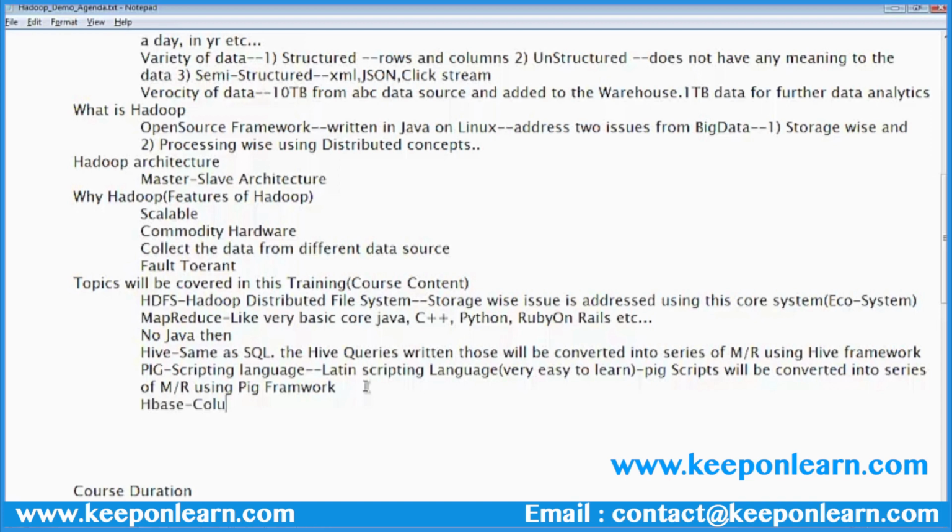HBase is a columnar database, or column oriented DB. As you know, in an RDBMS we have rows and columns. MySQL is a row oriented database, and Hive also is a row oriented database with rows and columns. Whereas with HBase, we are going to see very thoroughly what this columnar database is, and we also call it a NoSQL database, meaning not only SQL. The power of a NoSQL database is that we can store billions of records